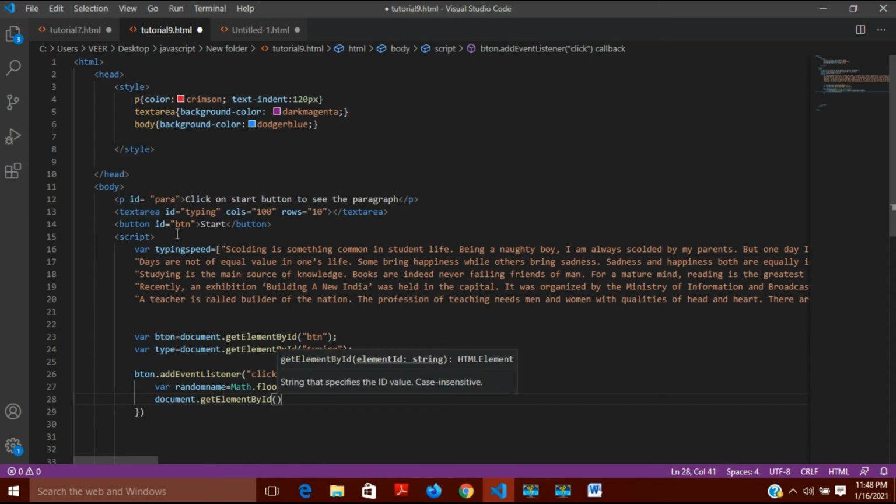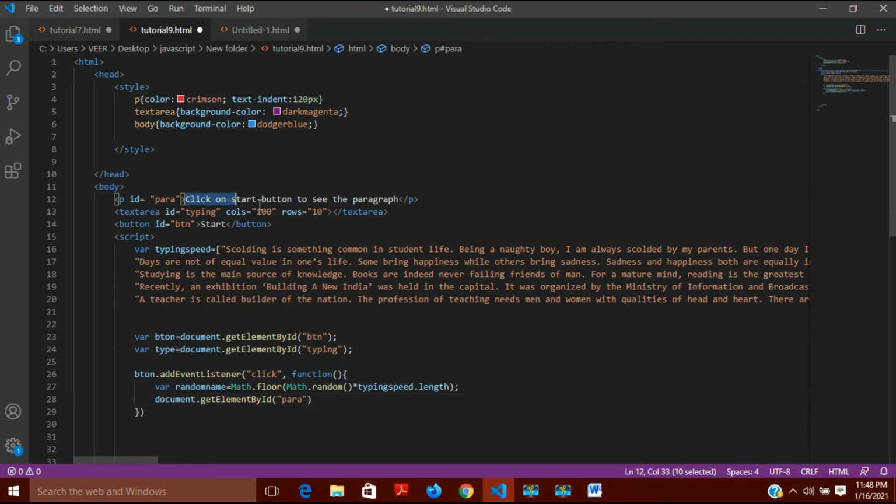You want to access this para, and you want it to be replaced with any of these paragraphs which is randomly taken from here.